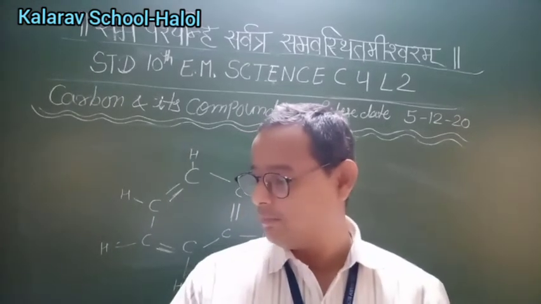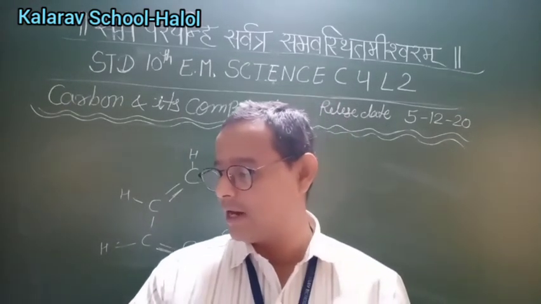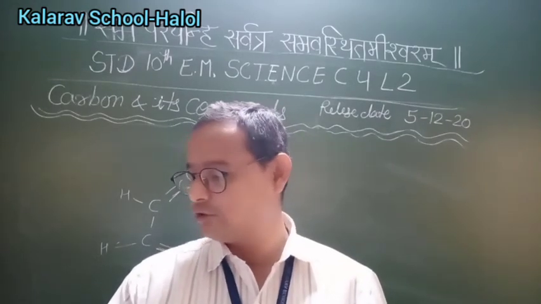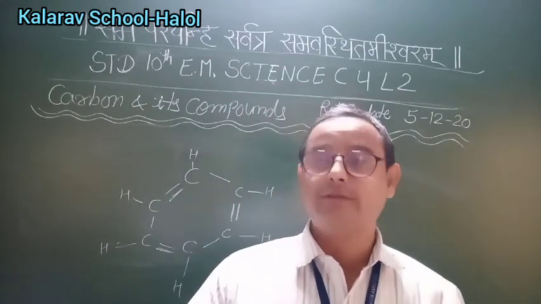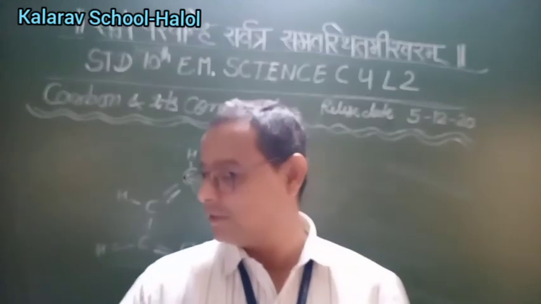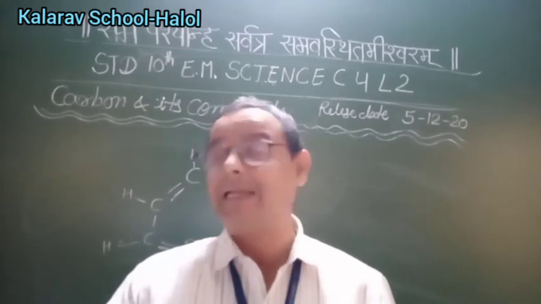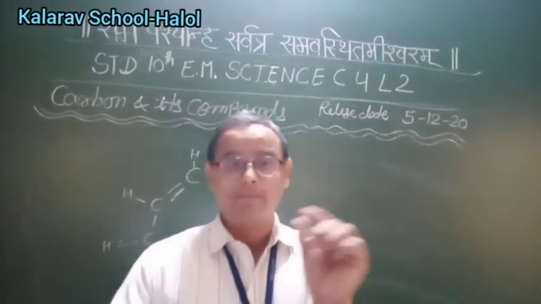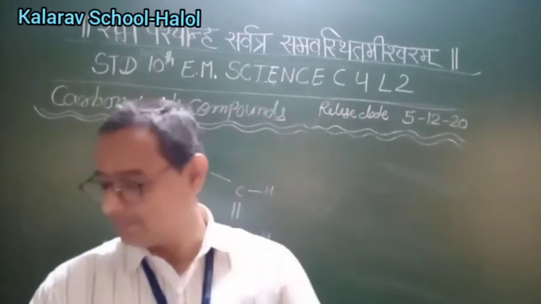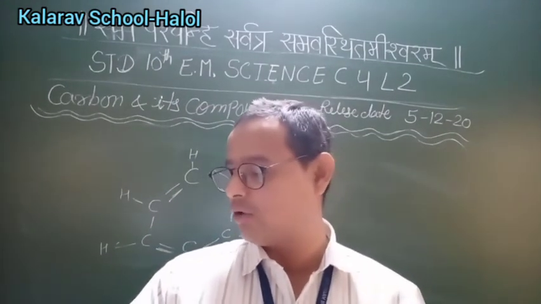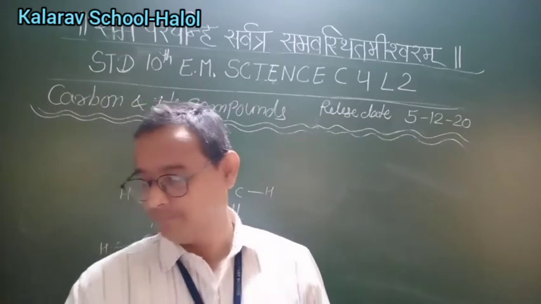All the carbon compounds which contain only carbon and hydrogen are called hydrocarbons. Among these, the saturated hydrocarbons are called alkanes. Just keep in your mind, the unsaturated hydrocarbons containing one or more double bonds are called alkenes. Okay, there is a difference in the pronunciation. Those containing one or more triple bonds are called alkynes. Okay, now